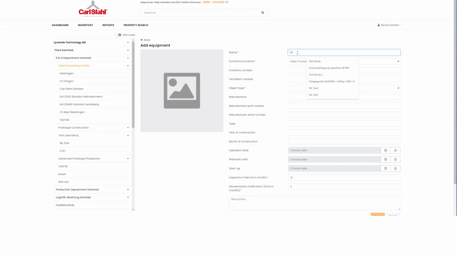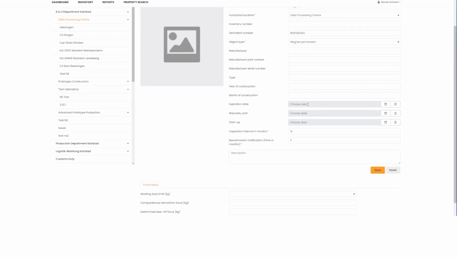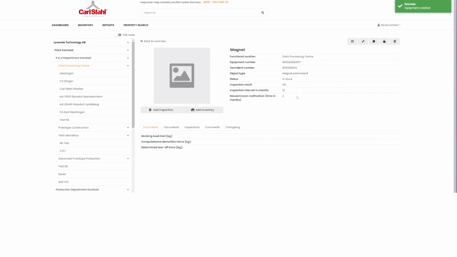So for example, I'm giving a magnet with a random tag ID. I have the functional location data processing center, the object type. This one is a magnet. And this is basically it, what I have to enter. The inspection interval is fine for me. And this is how I add a new equipment. Okay,